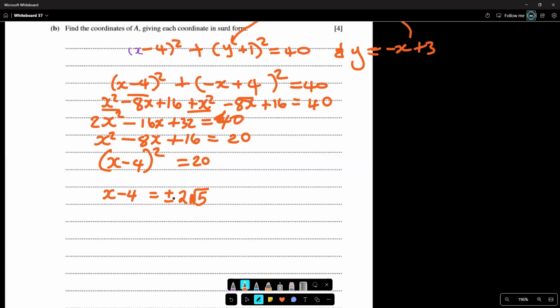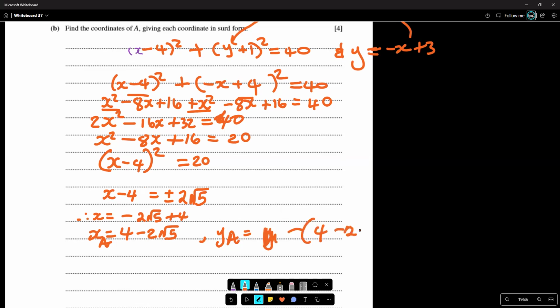Perfect. But because we said we're going to take the smallest x value, the smallest one is the one with a minus here. So we're going to say, therefore, x equals minus 2 root 5 plus 4, which can be written as 4 minus 2 root 5. All right. And now we take this and substitute. Remember, this is the x on A. To get the y on A, we're going to substitute there. So you're going to have y equals minus the x, which is 4 minus 2 root 5,